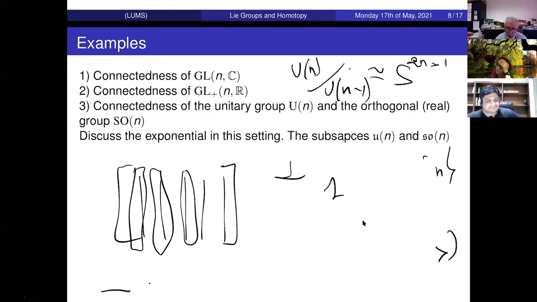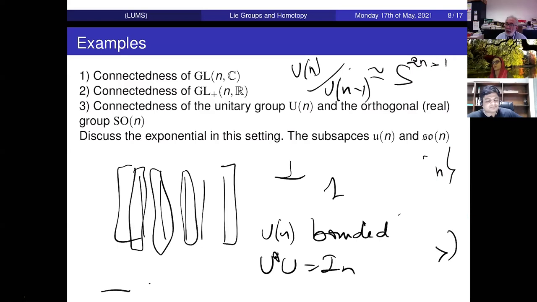This means that the set UN is bounded, and it is clearly closed. A bounded closed set inside the set of matrices, okay, is of course compact. So UN is compact. We don't need the hard part of the theorem about the group action. So UN is compact. An induction starting with the fact that